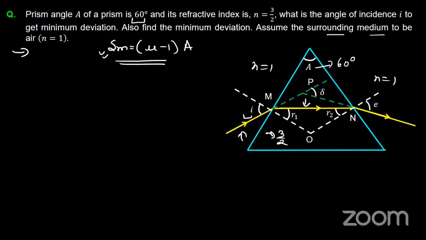Once you get the angle of minimum deviation, your job is to find the angle of incidence which generated that minimum angle of deviation. How can you find it? Simple. You will use R1 equals R2, we know. So we'll write A equals, because if you focus on this triangle, the external angle is equal to the sum of the internal opposite angles, that is R1 plus R2 is equal to this angle A.